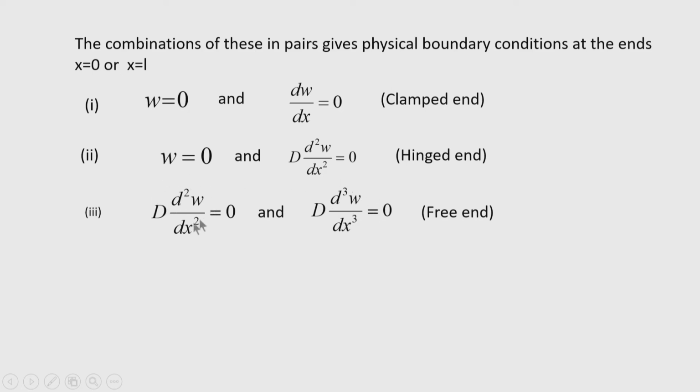So, that indicates this is the bending moment and the shear is 0. So, it is for the free end. In this way we have seen the use of the variational principle, with the knowledge of strain energy expressions and the work done by the external load, we can arrive at the differential equations and boundary conditions for the physical problem.